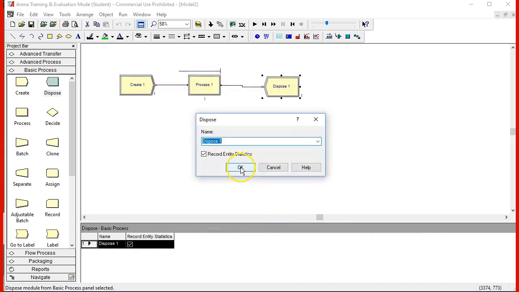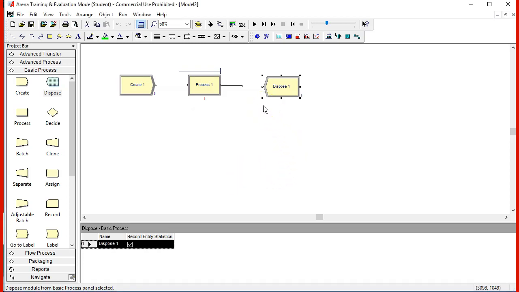And finally, the last module is just a dispose. Notice that after we selected the resource in the process module, we obtained this line that looks like a T. Actually, this represents the queue where entities will be set up in line as a buffer before entering into the process, before the resource, in this case the worker, can actually transform them. So if we execute this model right now,